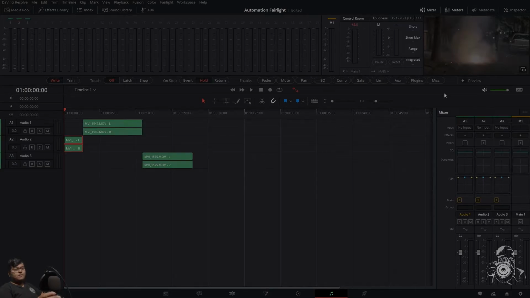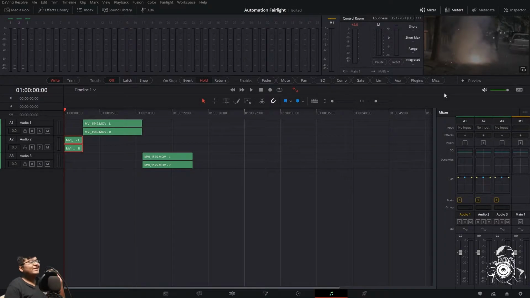So I'll tell you the difference between write and trim. So write records absolute changes to control automation. Trim records relative changes to control automation in order to increase or reduce levels that have already been recorded. Trim means we have one time recorded and again we want to record it, re-record it. So trim will be useful for that. Understood?